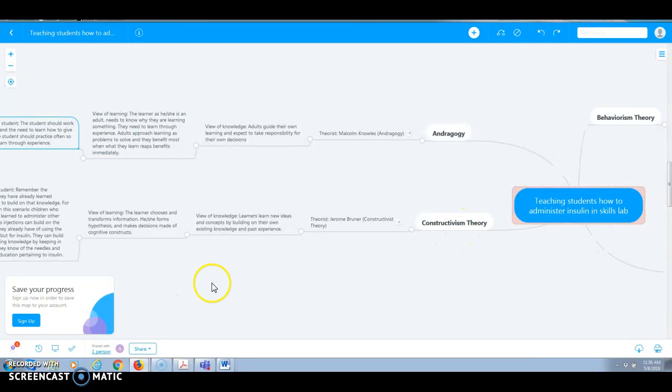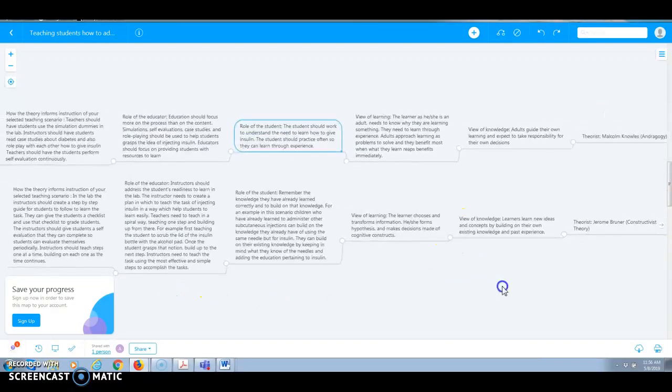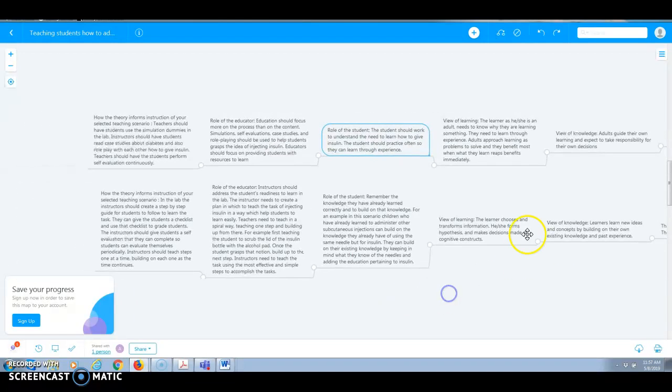Then you have constructivism. Bruner is one of the constructivists. There are many. Learners need to build on their knowledge, which is correct. The learner chooses and transforms information, and integrates that information into what they already know, right? And it's more than remembering the knowledge, it's that they have learned the knowledge. So memorization is different from learning, right? So be careful when you use those terms, especially in an education context. And they want to build, obviously, on that knowledge.